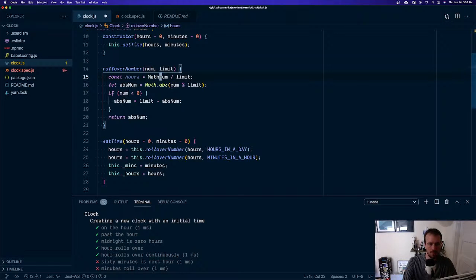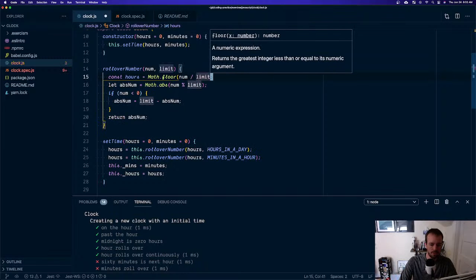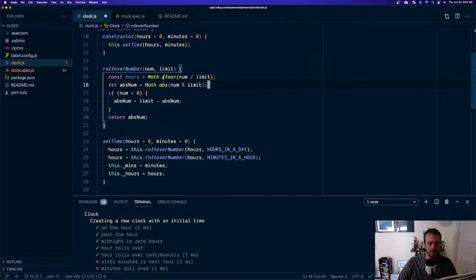Math.floor. So we just drop the remainder. This is the remainder. And then we need to take that and add it. Okay, so,